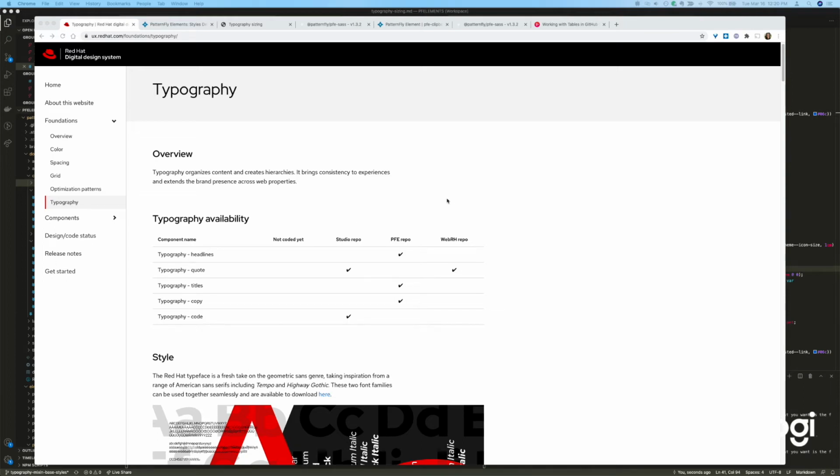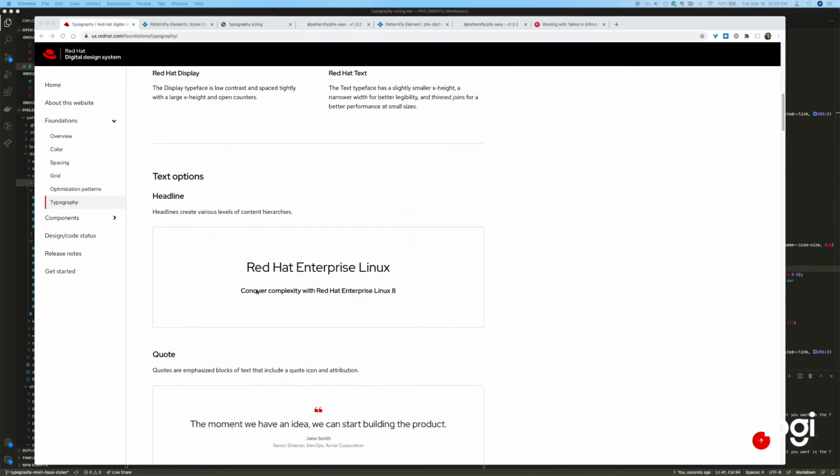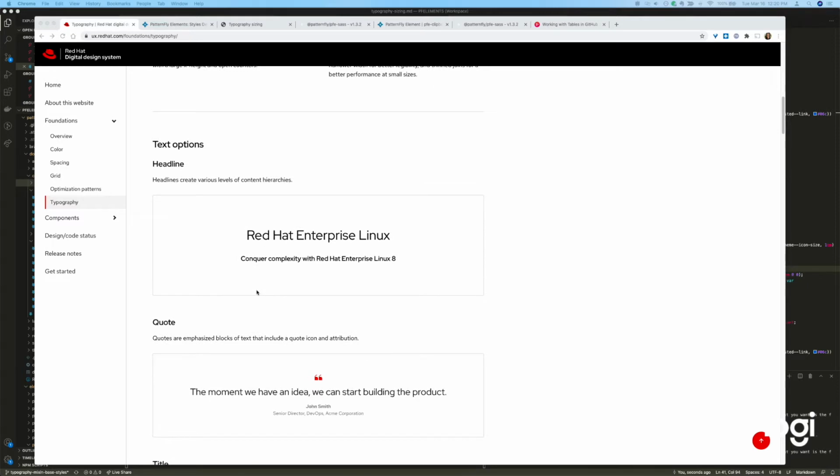Hello, this demo is a quick overview of one of the latest features to be introduced into PatternFly Elements, which is full support for typography. If you visit ux.redhat.com/foundation/typography, you can see an overview of all of the styles and properties that we've assigned for different typographical elements